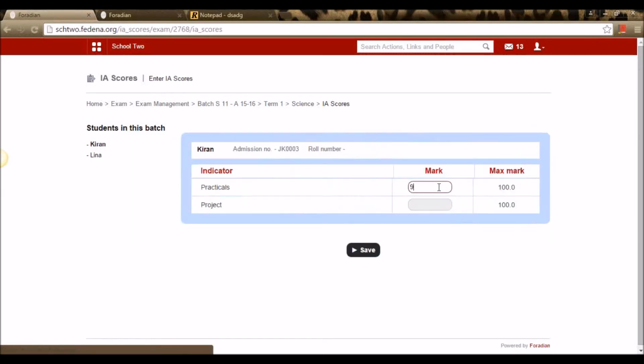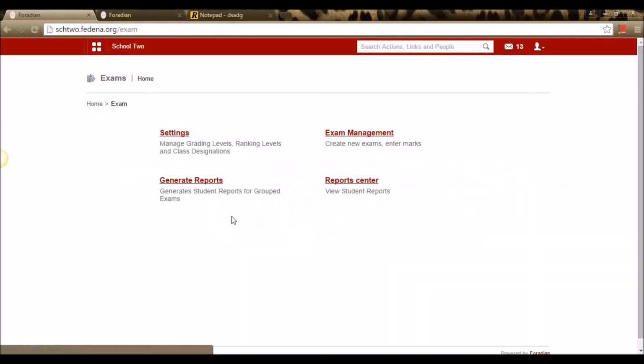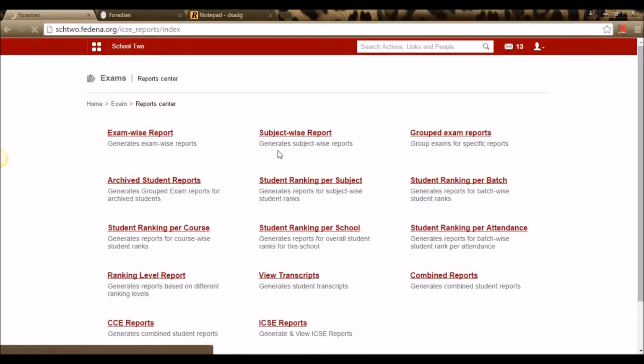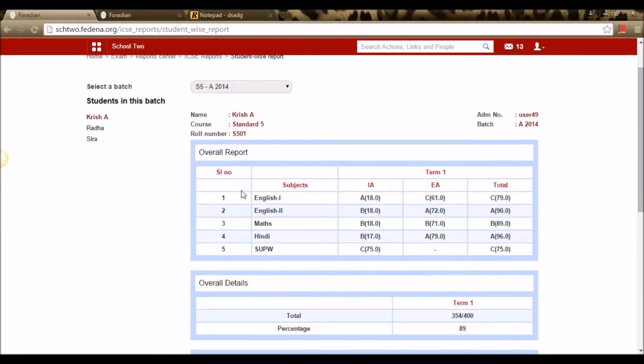So let me finish this, entering scores for Lena, and let's view a report that we've already generated. So let's view a report, ICSE report. Let's see how it gets displayed for the students.